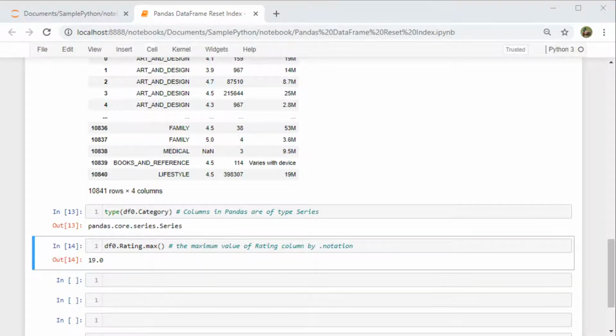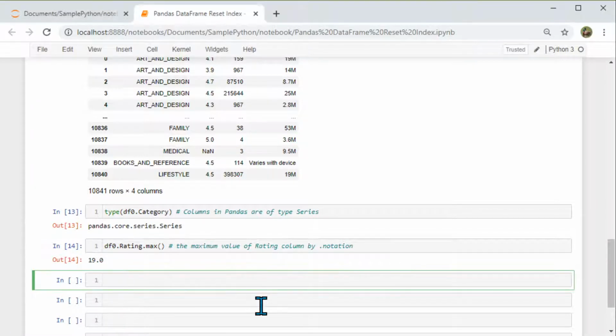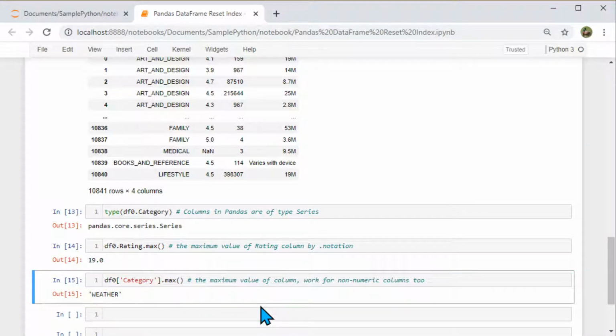Okay. Or let's say we have one more column which contains non-numerical information. Can you do a max on that? Yes, we can. Internally, Python arranges all of the content like a dictionary, in alphabetical order, and then takes the maximum value. This is very interesting, that maximum and minimum can be found for numerical values and non-numerical values as well.